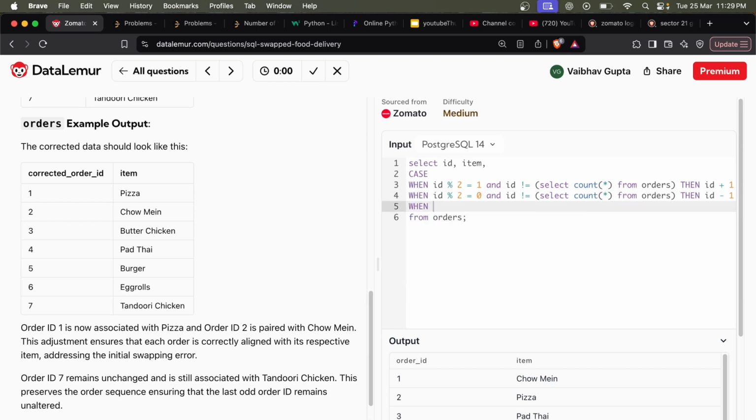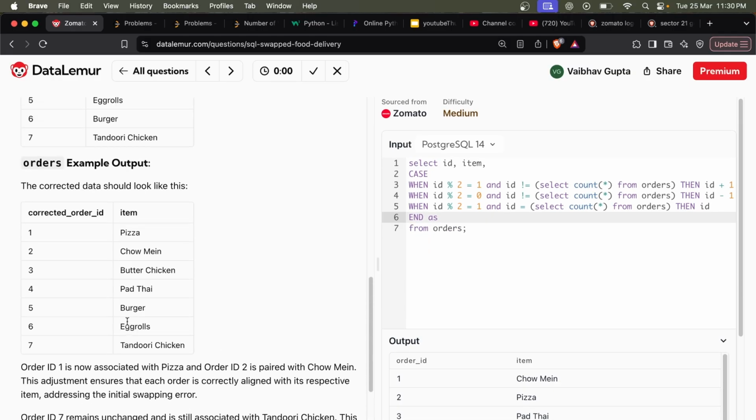Now another, when ID is odd and ID is equal to this section, which I will copy, then ID, that's all. Now end the case statement with end as